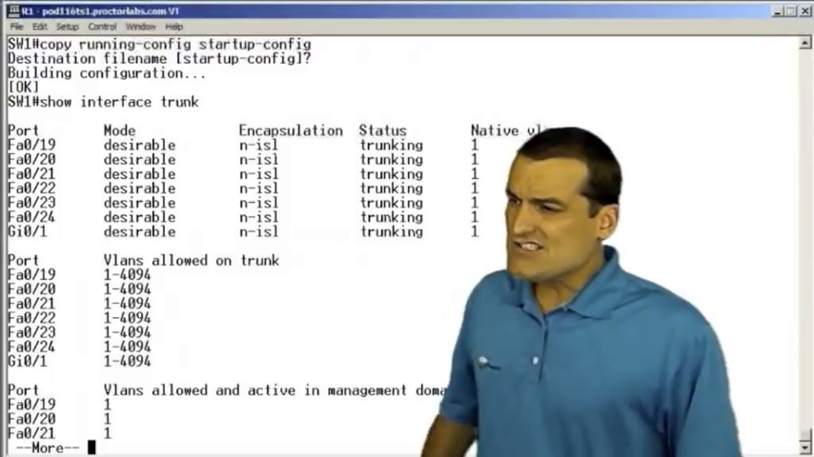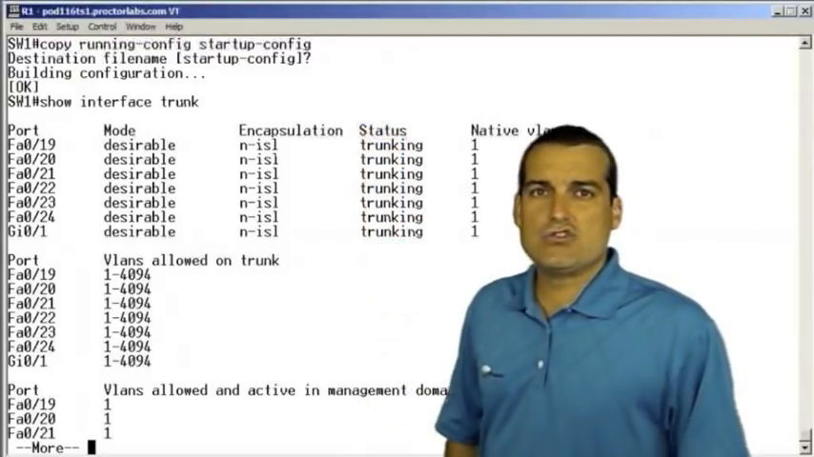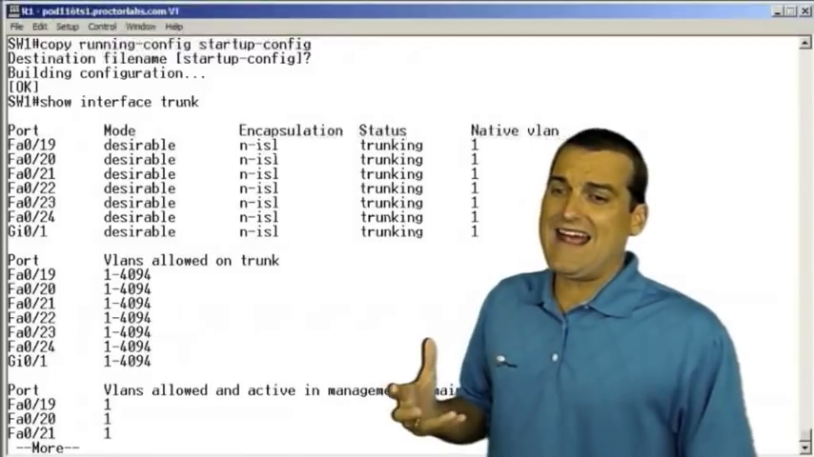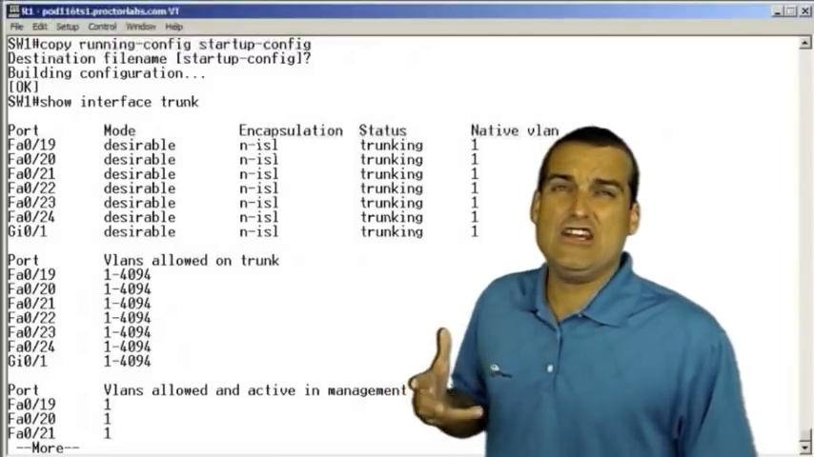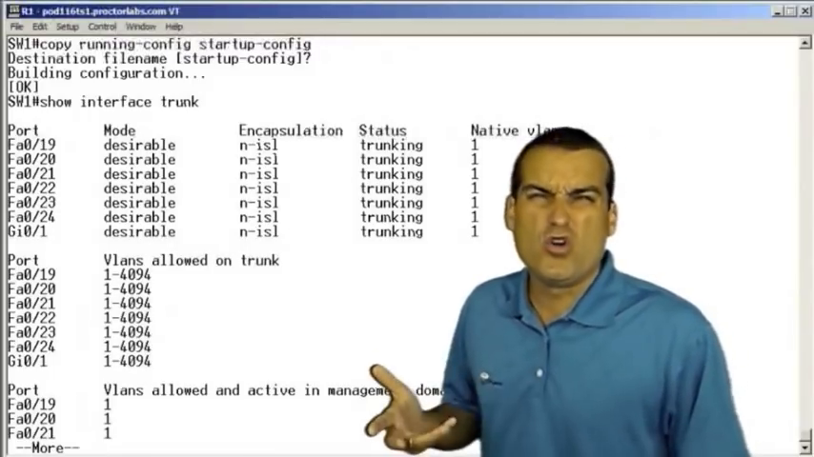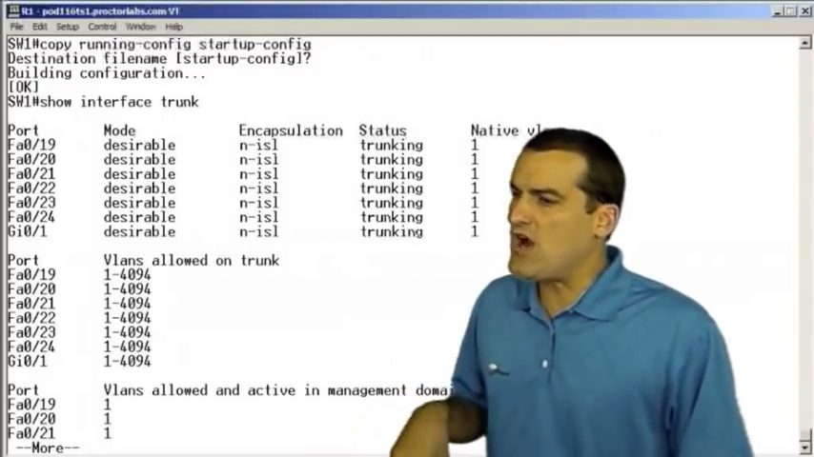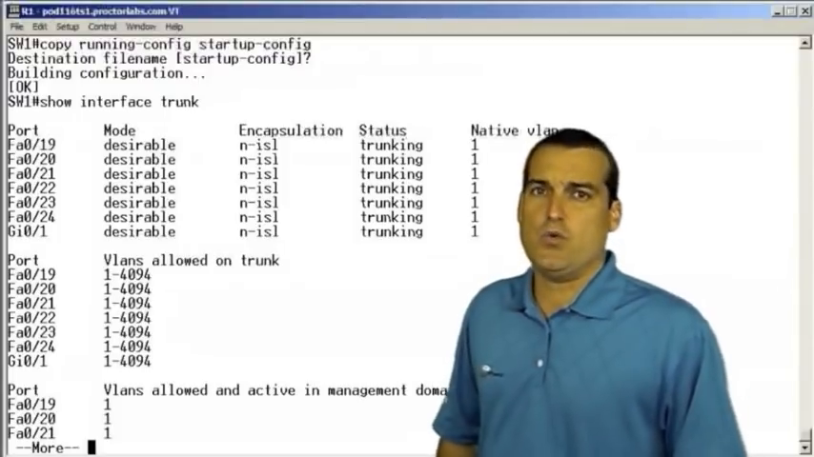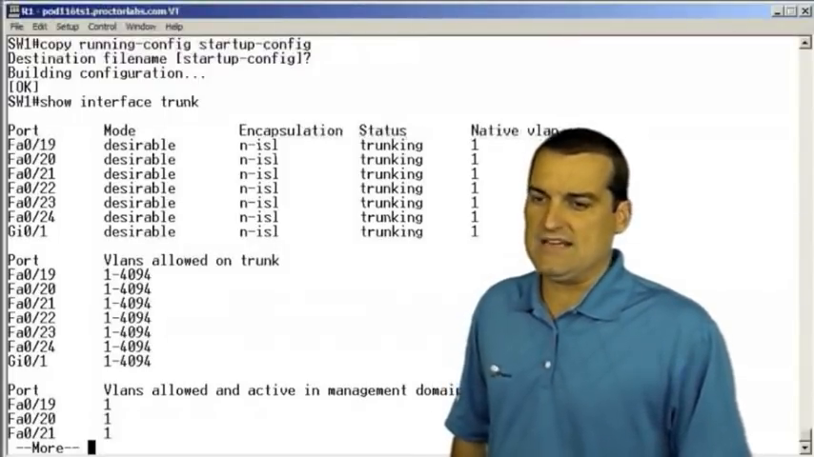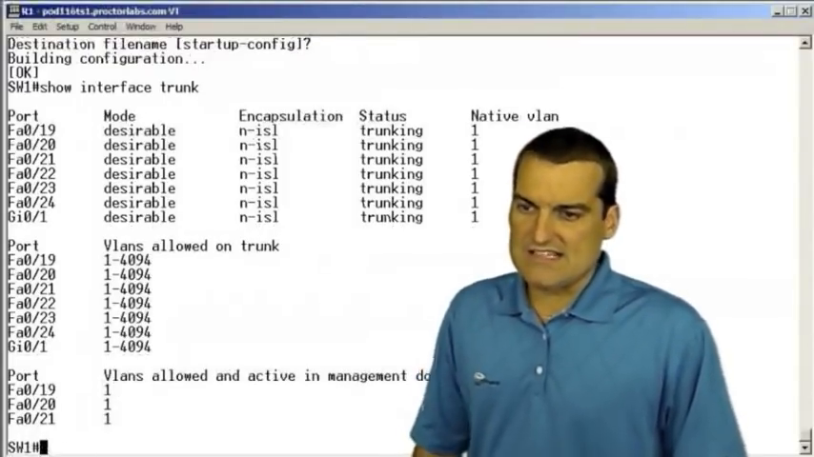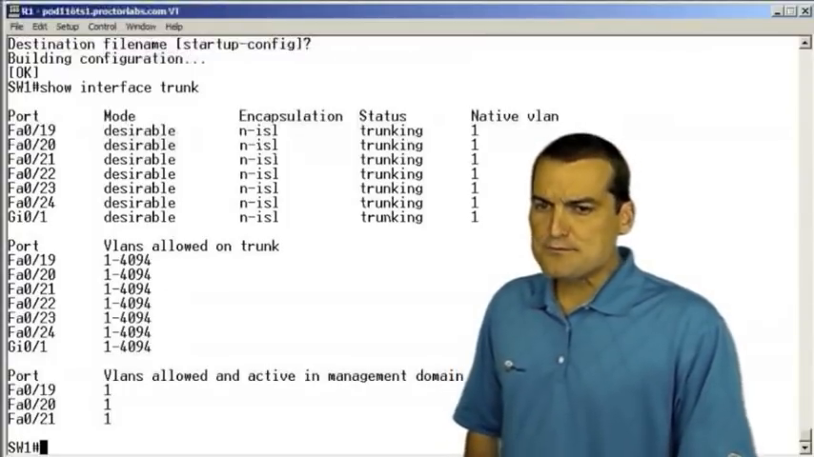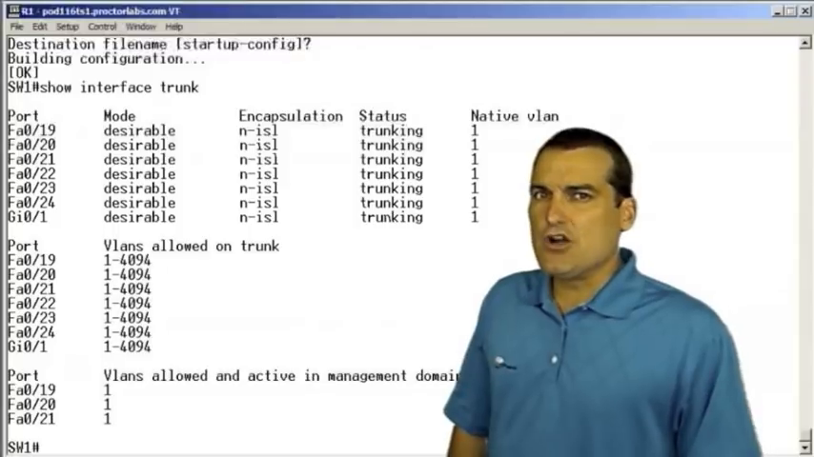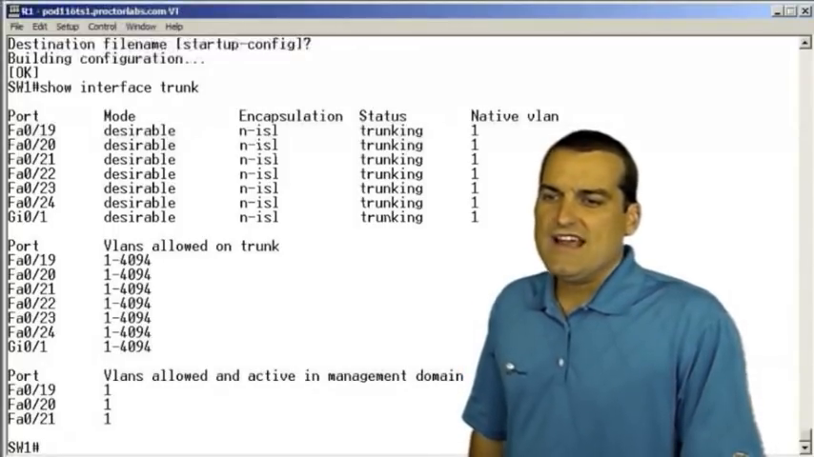Yuck. So not only did we get all these trunks forming without our knowledge, but we had the trunks form and use a very old, proprietary trunking protocol that we're most likely not even going to want to use anymore. Amazing. So one of the things I'll do right now is, notice the mode was desirable. I'll go to all of these ports and